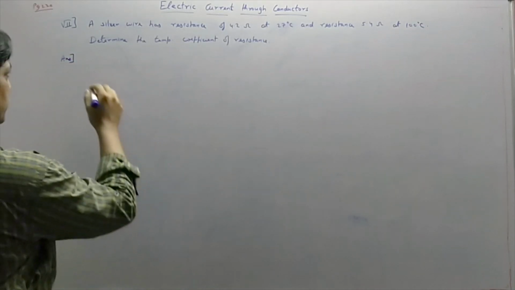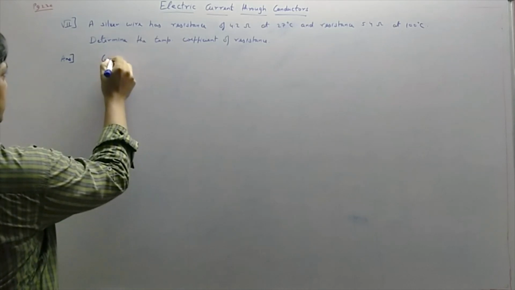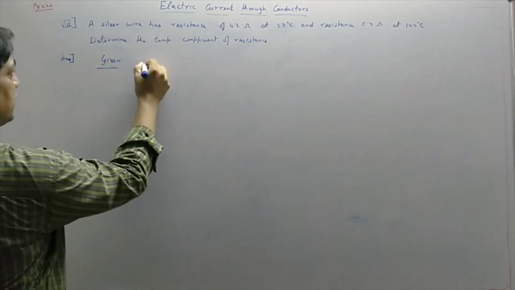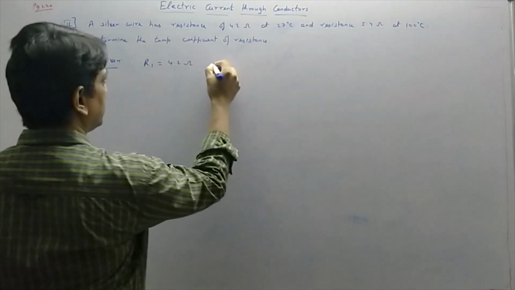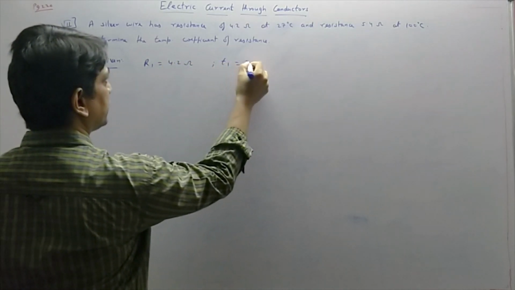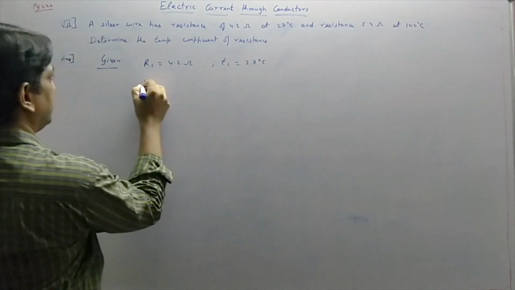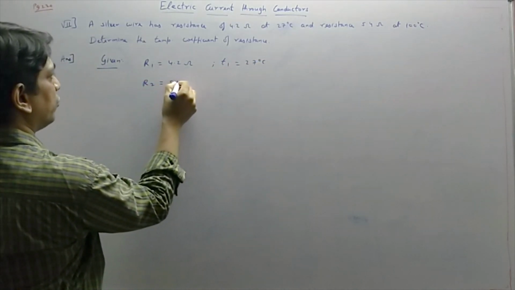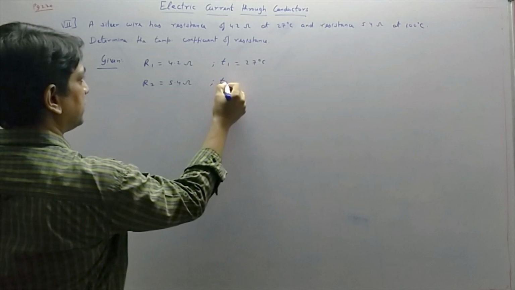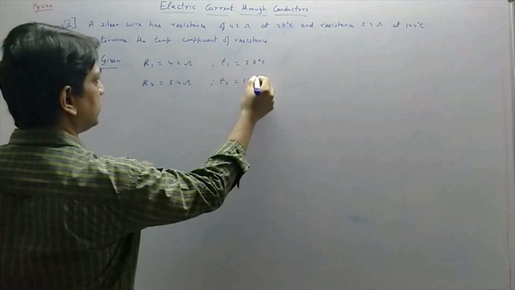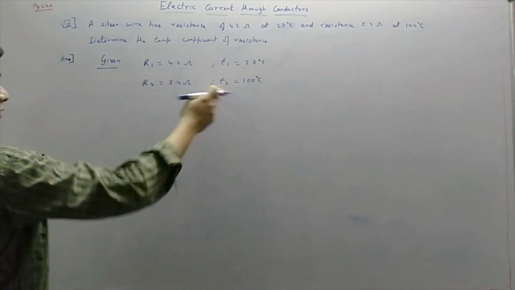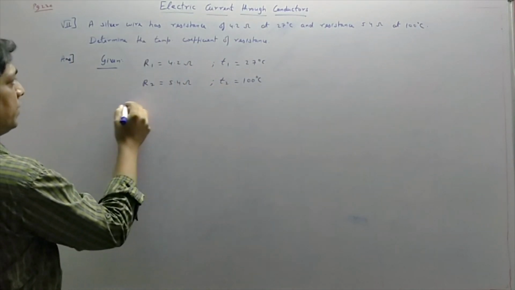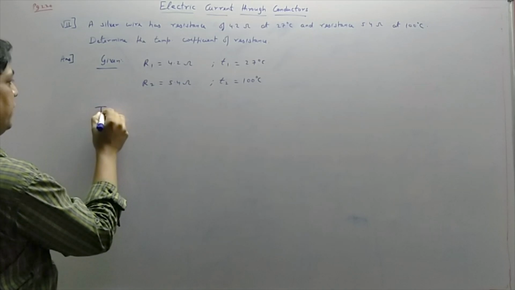Students, we already know this, so let us write the given data. We have resistance R1 is 4.2 ohms at T1 of 27 degrees Celsius, and the resistance becomes 5.4 ohms when the silver wire is heated to 100 degrees Celsius. When it is heated, the resistance increases, you know that. And here you have to find